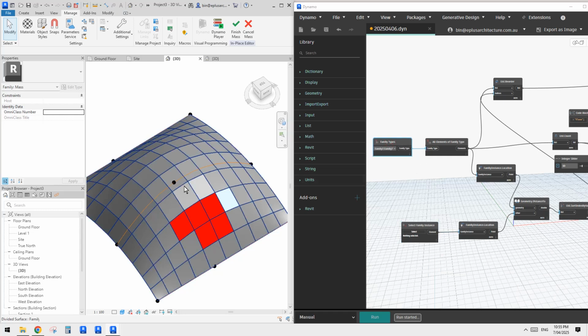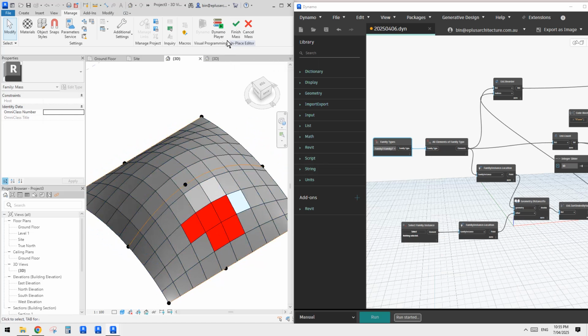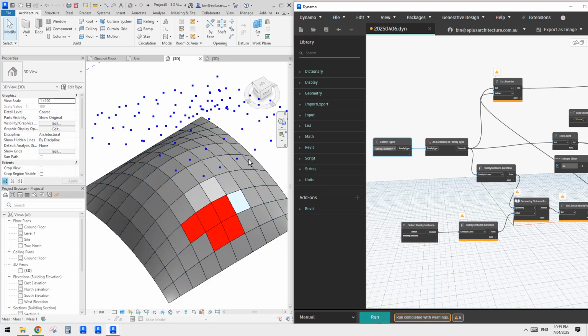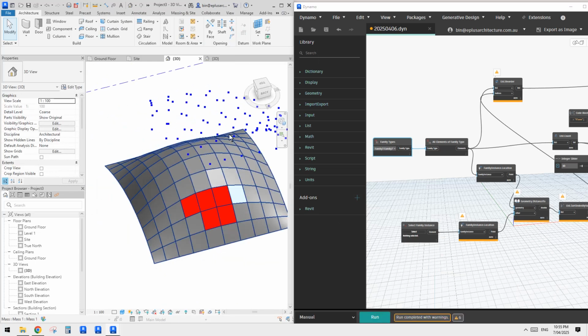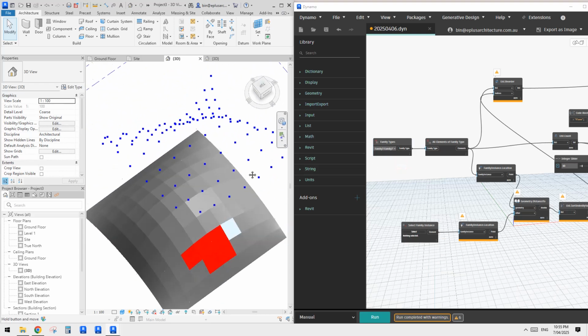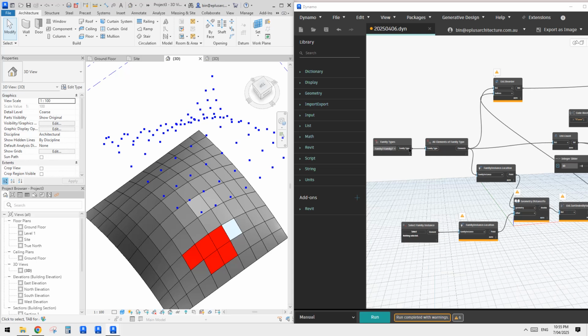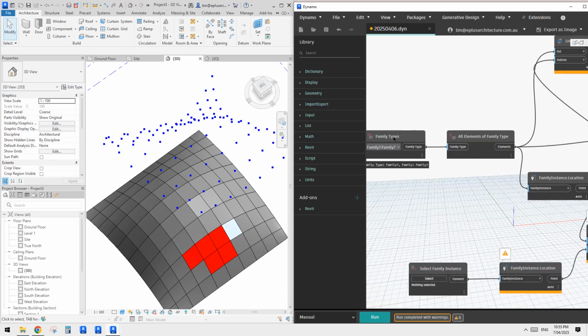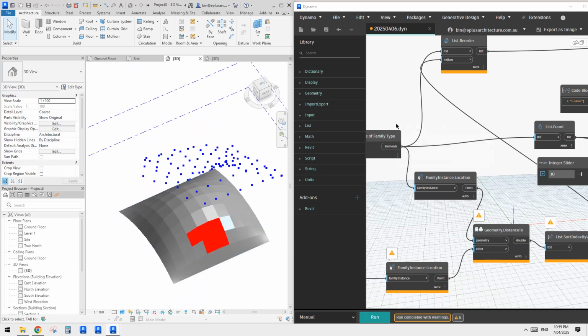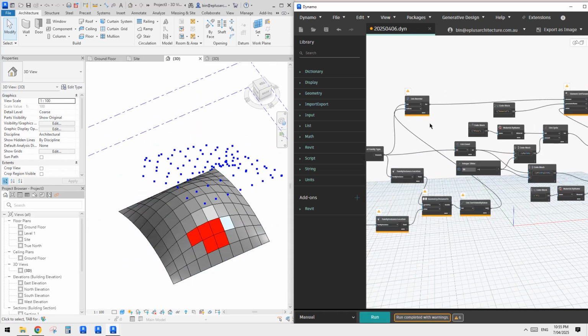So this is because Dynamo just doesn't work in model in place mass. So we have to finish this mass, and once we finish and we run again, you can see it works this time, but still, I mean, this part is working. So you can see we can find all the families here. We can find all the locations of these families, but when we go to